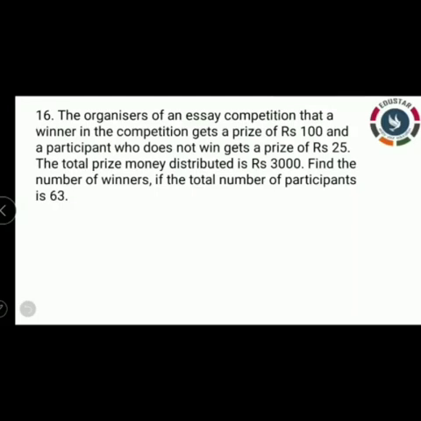Here, the total participants given is 63. The number of winners is what we are going to find. We will consider the number of winners as x. Now, what is the value of losers? For example, 63 participants, 10 winners means the remaining persons are losers. So, 53 losers. Here, the winners value they didn't give. The winner value we considered as x. Now, the losers value is